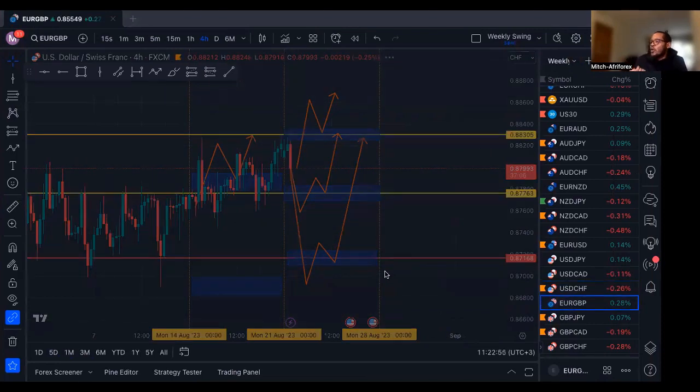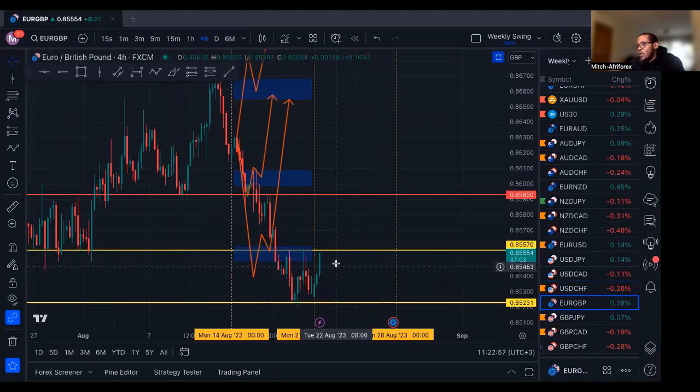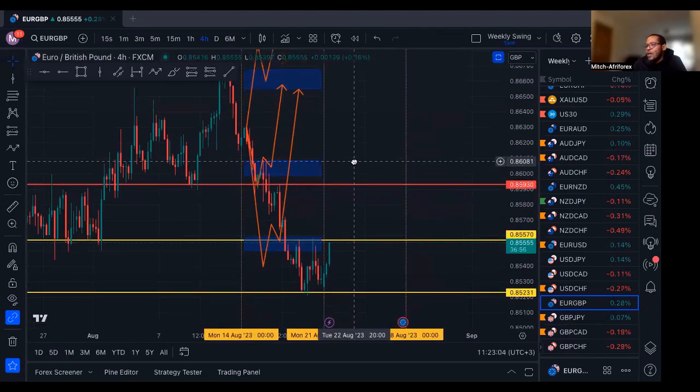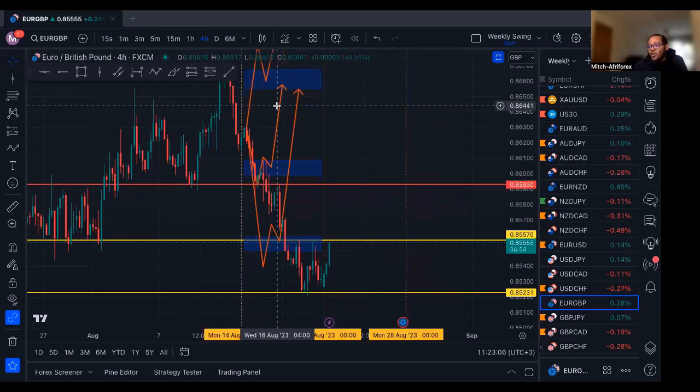So we'll start off with the euro against the British pound. In this situation, buying the British pound means we are looking to sell, since the British pound here is the counter currency. Last week, our bias on this was actually to look for buying opportunities, but unfortunately, the bias did not